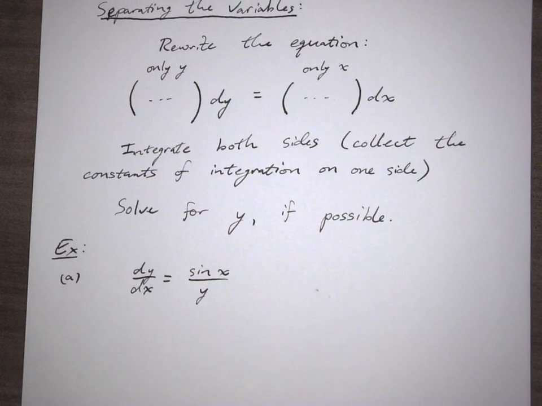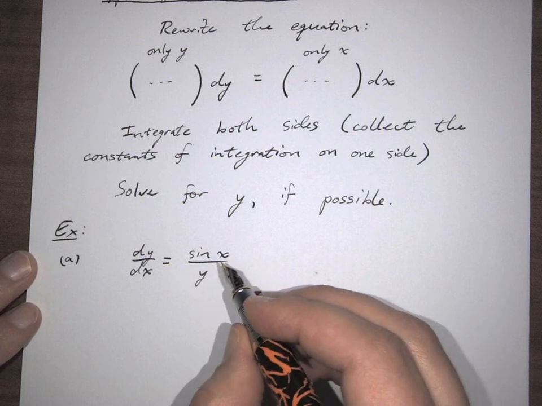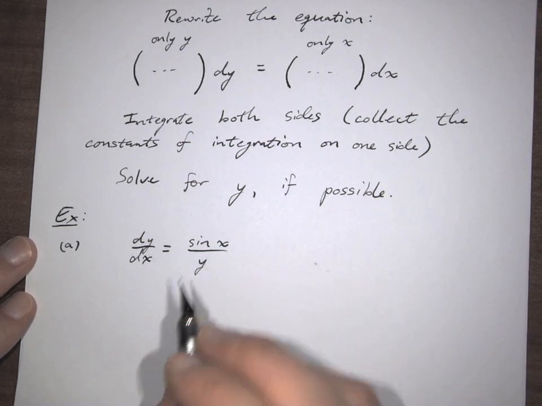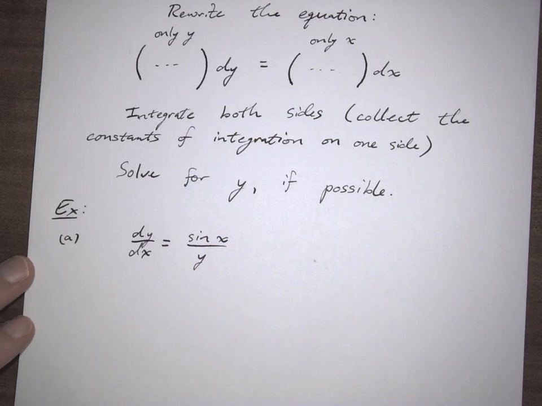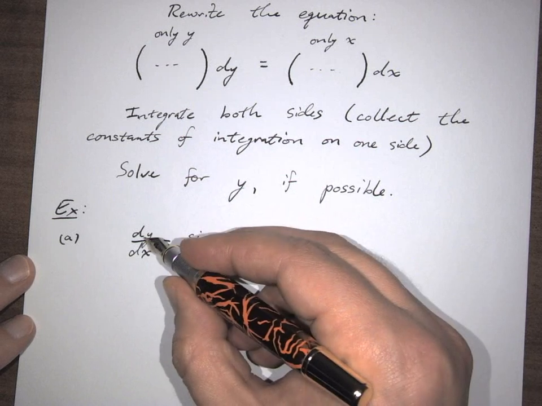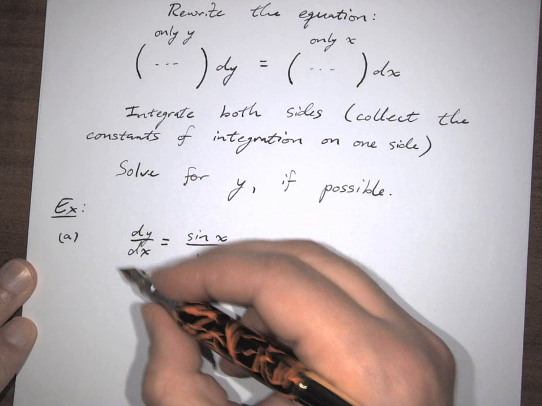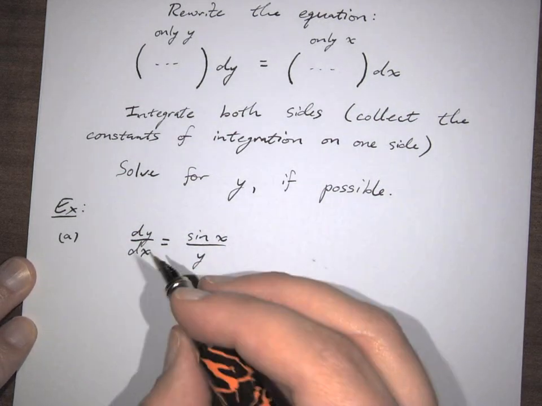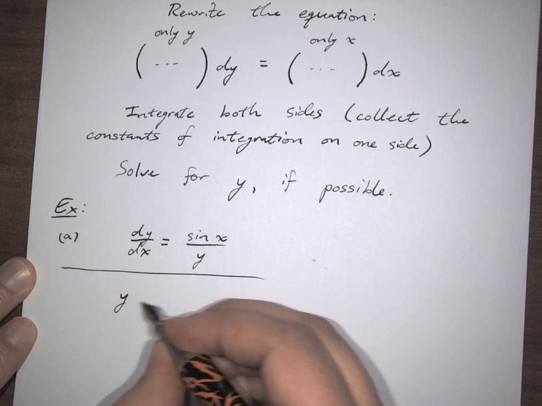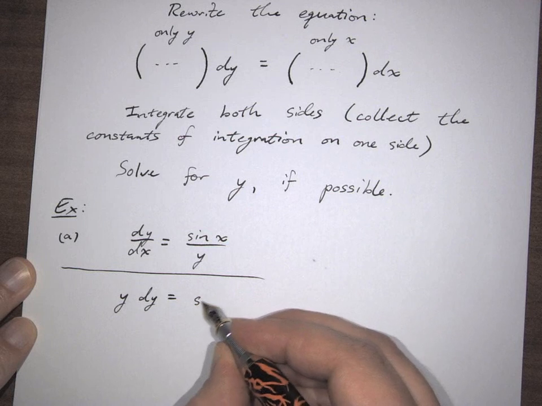And the important thing about this is that the part that involves only the x and the part that involves only the y are connected by the tissue of multiplication or division, not by addition or subtraction. So what that means is we can multiply both sides of the equation by a y, we can multiply both sides of the equation by dx. We can essentially just do a cross-multiplying type operation here, and what we would have then is y dy is equal to